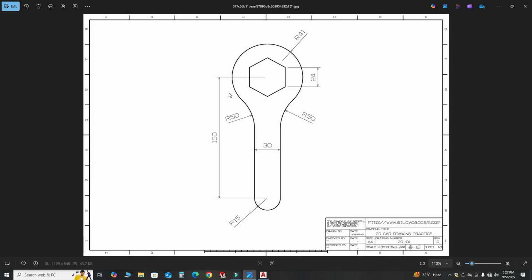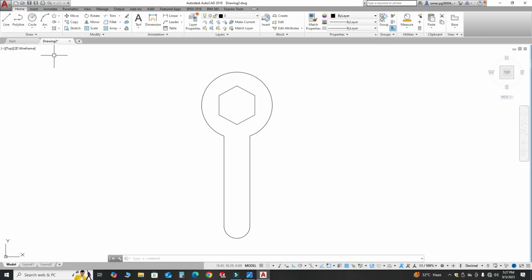Now you can see we have a radius here of 50, and you can achieve it using fillet command, or you can achieve it using tan-tan-radius command. So go to here AutoCAD, and let's go to here circle, tan-tan-radius. I will select this circle. I will select this line, and I will provide its radius, which is 50, and select enter.